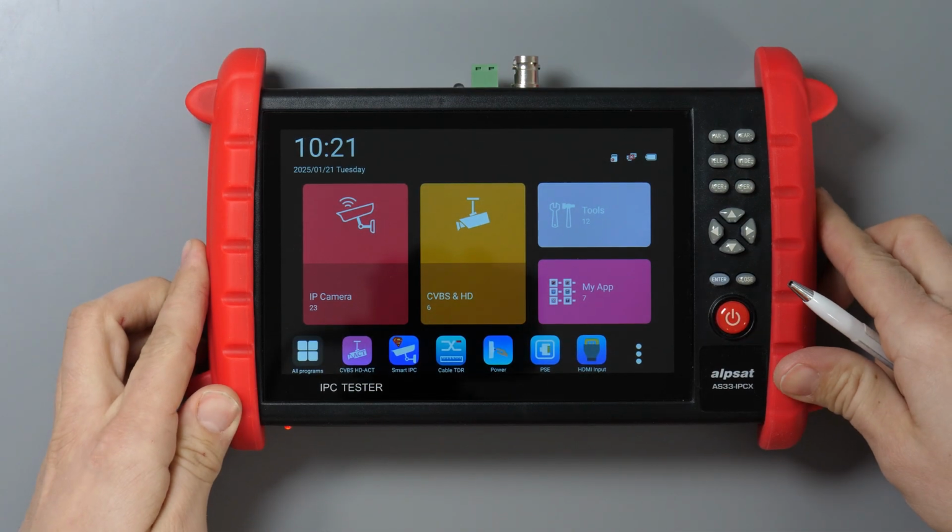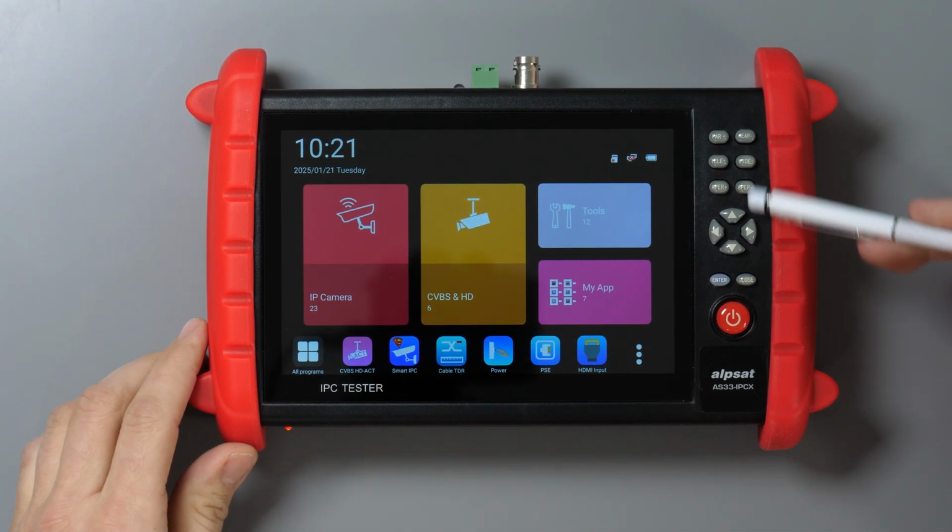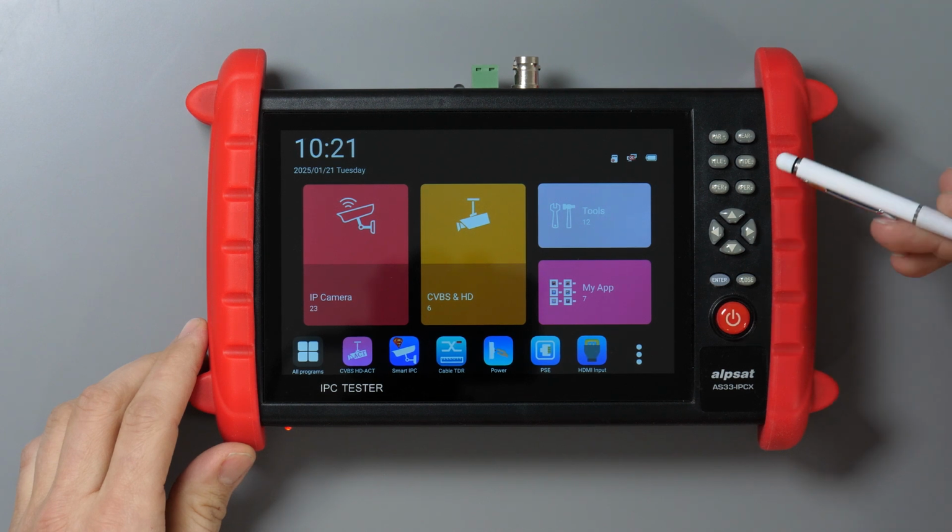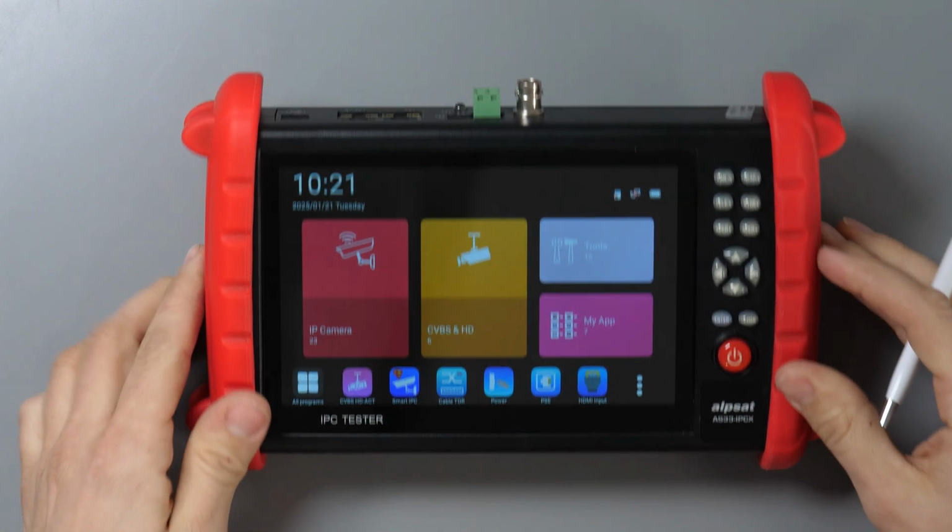Alpsat CCTV meter is a multifunctional device for configuring, maintaining, and testing surveillance systems and computer networks. At the top of the device, the following interfaces are available: